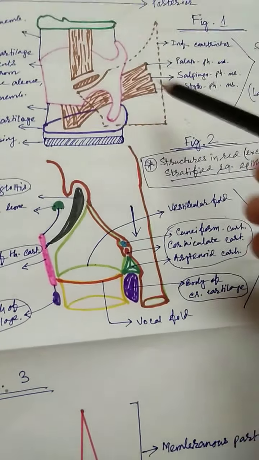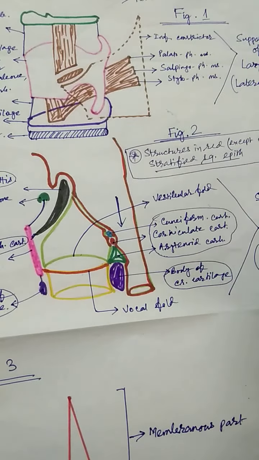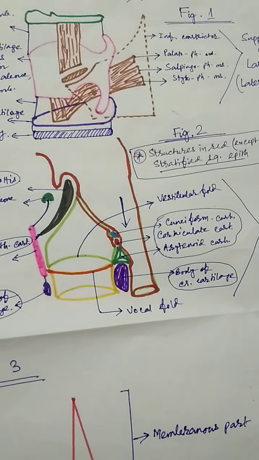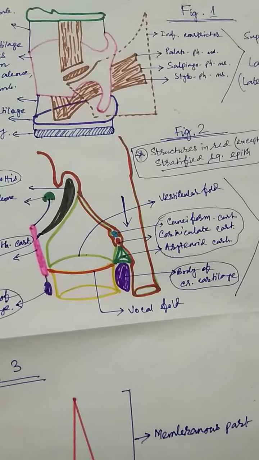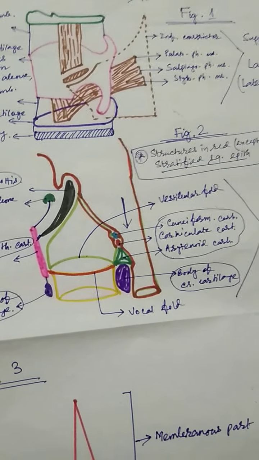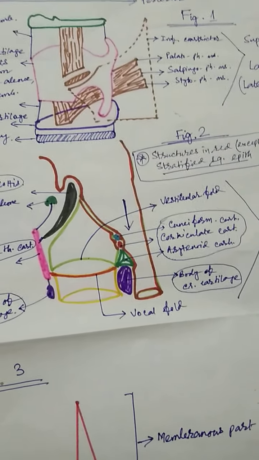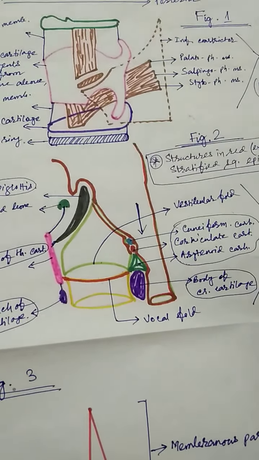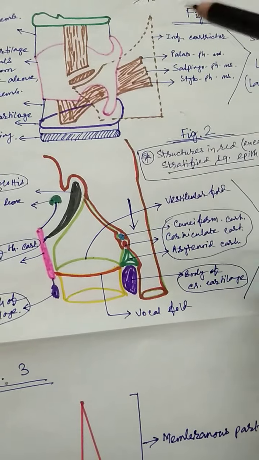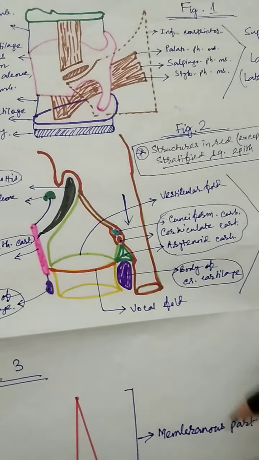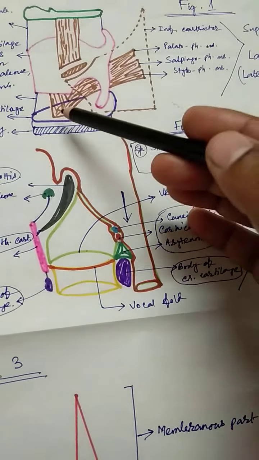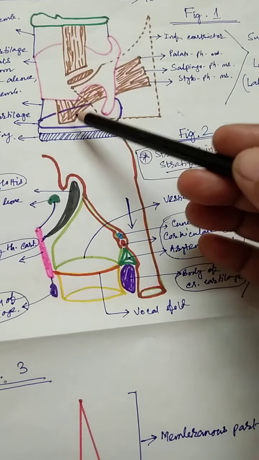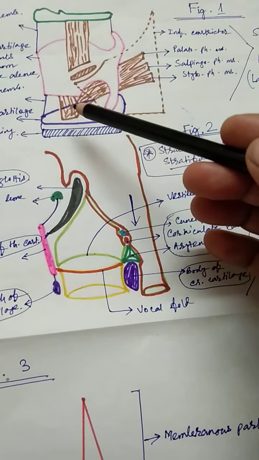During thyroid surgery, either the recurrent laryngeal nerve or the external laryngeal nerve may be cut, or both can be cut. So the surgeon should be cautious to prevent injury of the nerve. If the recurrent laryngeal nerve is cut, all the muscles are paralyzed except the cricothyroid. I have already said the cricothyroid muscle is the tensor of the vocal folds.